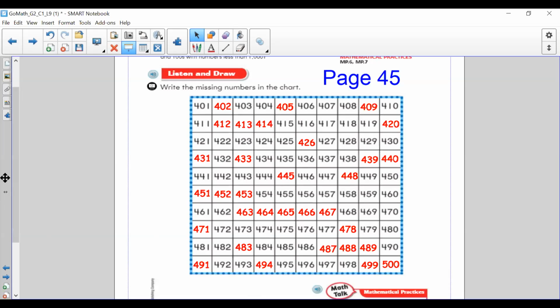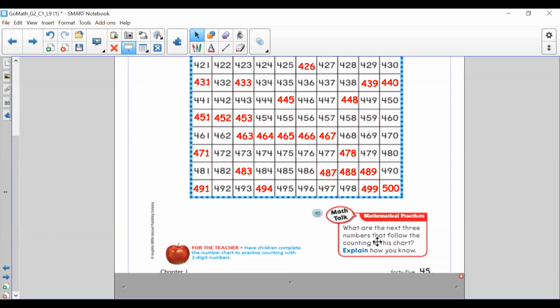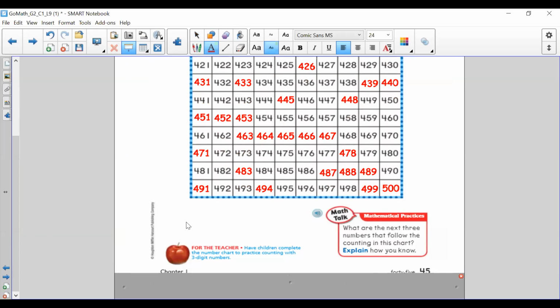Okay, we'll move that down and go to our math talk. What are the next 3 numbers that follow the counting in this chart? And explain how you know. So we can discuss that right now. And we'll make a little box down here where we can write those 3 numbers. So if we're at 500 and we're counting by ones, what would be the next number? It would be